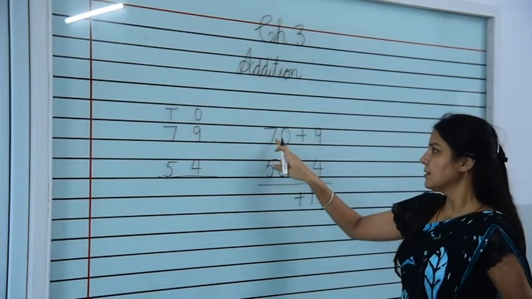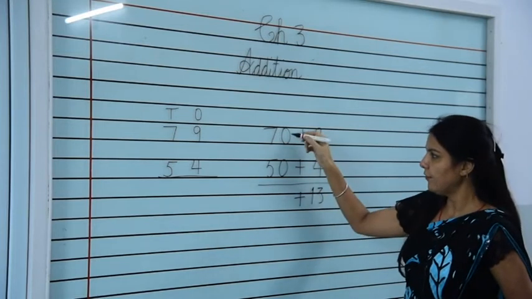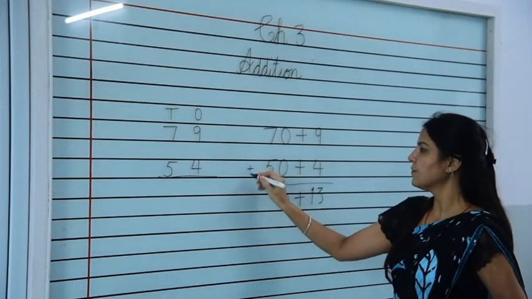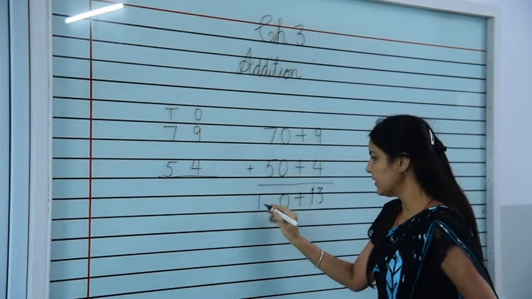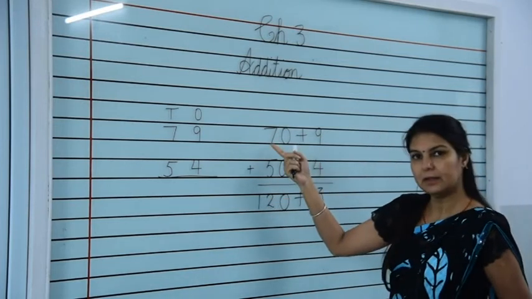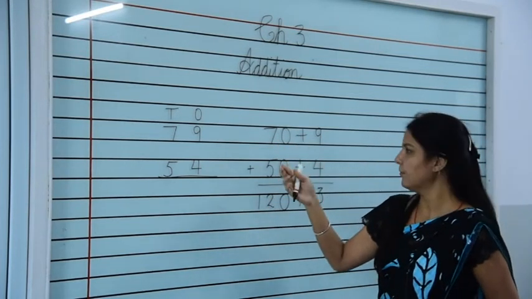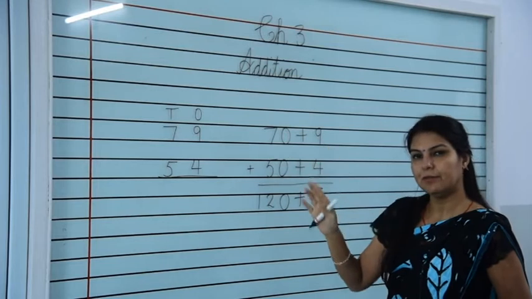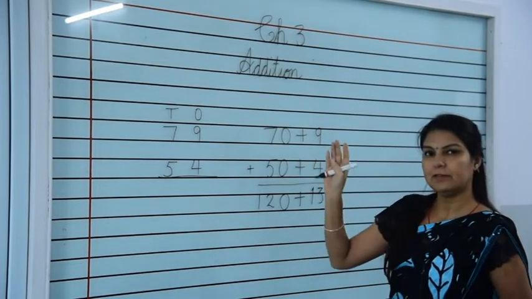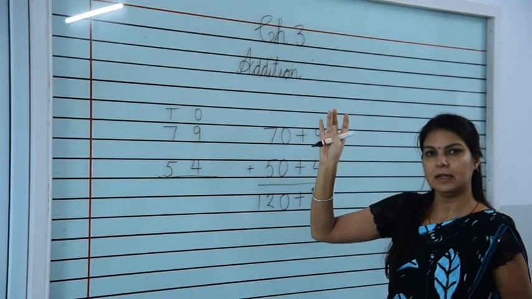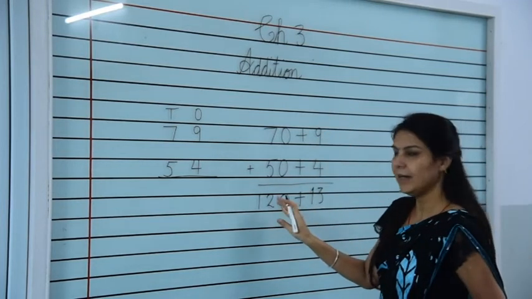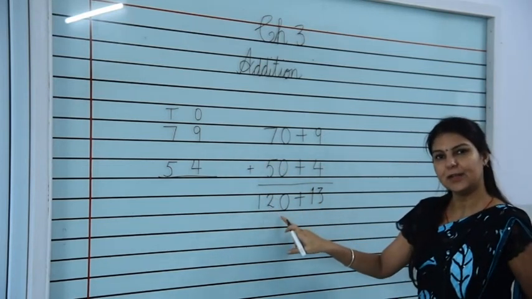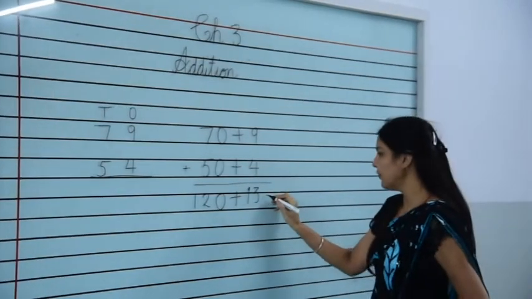Then we will add 70 plus 50. First of all we will add 0 and 0, it will be 0. And now 7 plus 5, it will be 12. You will check the bigger digit here, then you will move forward from it. Here 7 is bigger, so we will move forward after 7 and we will stop at 5. After 7: 8, 9, 10, 11, 12. What do we get? We get 12. So what is the total of 70 and 50? It is 120.